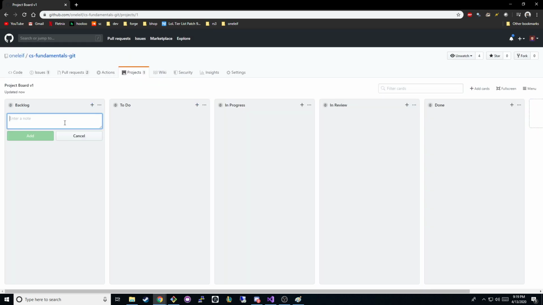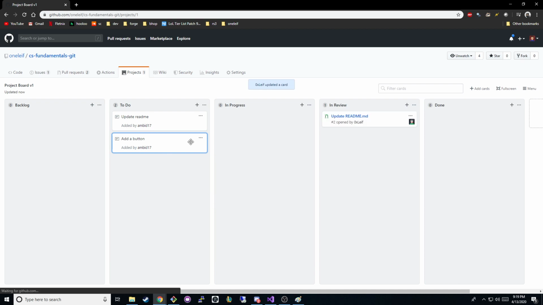So I'd start in the backlog, I'd say, add a button, and then I'd add that ticket, and then I'd create another one called, I don't know, update readme. And then, let's say we've been talking with the team and we decided, okay, these two things are ready for work. So we click and drag them into to do. And now our ticket that we assigned ourselves to,